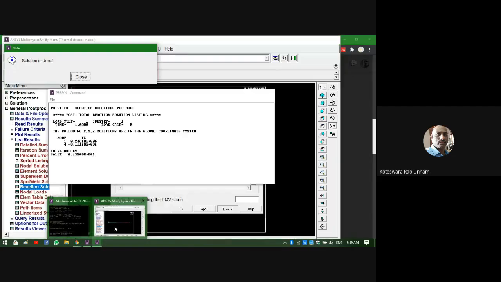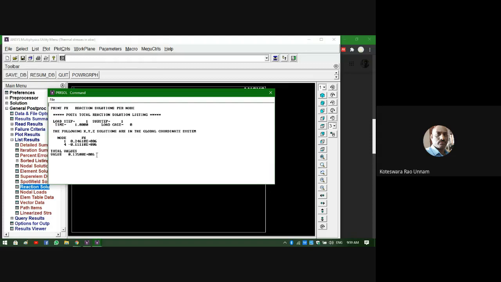But here, as a check, you can see the total load summation of these two reactions. You can see whether it is satisfying the equilibrium equation or not. So your R1 plus R2 should be equal to P1 plus P2. P1 plus P2 is 135 kilonewtons. Here you are getting R1 plus R2 also as 135 kilonewtons, which means your answer is correct at this initial stage. So you can verify like that. So here R1 is 246 kilonewtons and R4, the reaction at the right support, is 111 kilonewtons. So that is the first table.